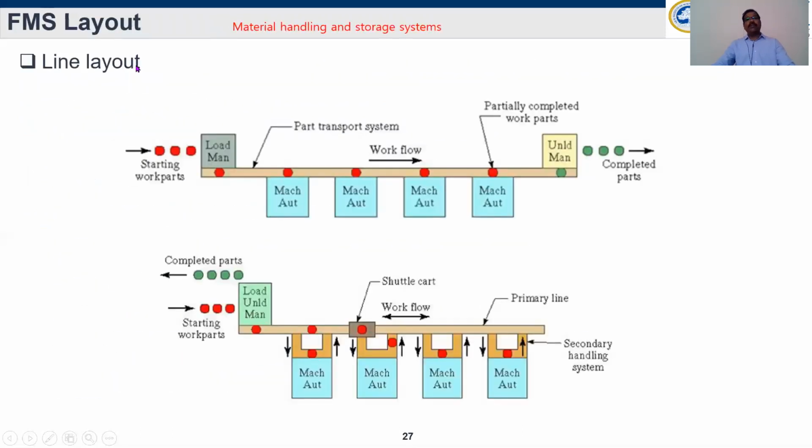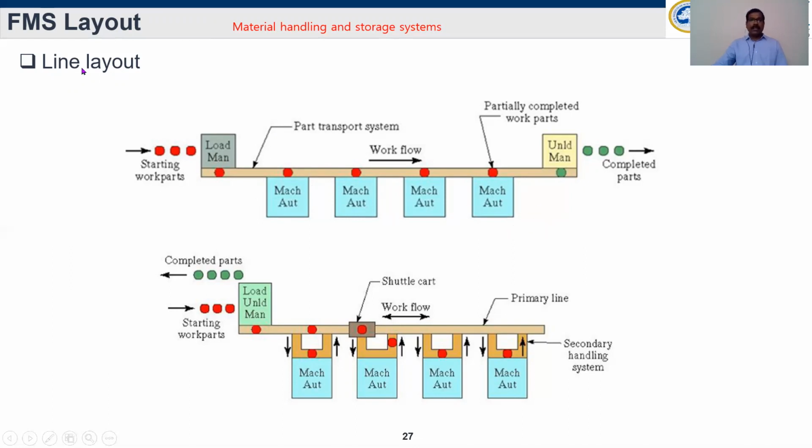Then another one is FMS layout, which considers the material handling and storage system. We discussed the second component, right? In that, a material handling and storage system is needed. What are all the layouts available in FMS? So one is the line layout. Parts, that is raw material, can be loaded in one direction and finished components taken out in the other direction. Here, more than 4 machines is one of the criteria for FMS. It should be more than 4. Material flow is automated. It's not handled between machines manually. Machining is also done automatically. Okay.